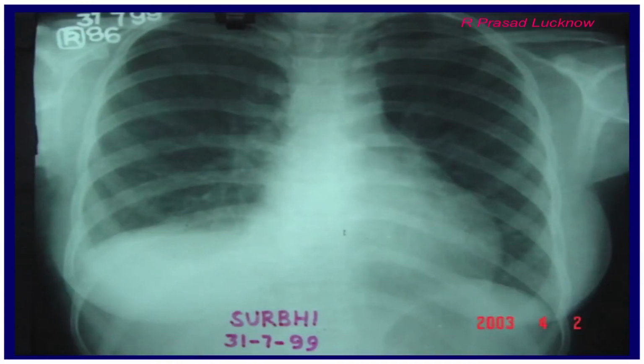This is another case where you find that a lady started with fever and chest pain. And if you see the X-ray, it appears to be within normal limit, but the only positive finding was that the right dome of the diaphragm appears to be somewhat elevated. And we suspected right-sided infrapulmonary effusion, and we got a right lateral decubitus view done, and you know fluid has shifted, fluid was aspirated, it was proven as tubercular, and the patient was treated and got well.